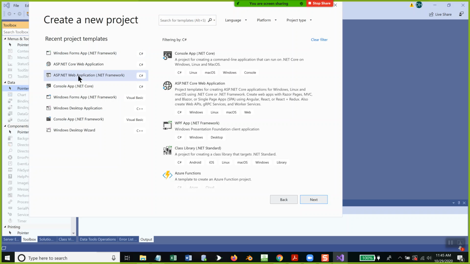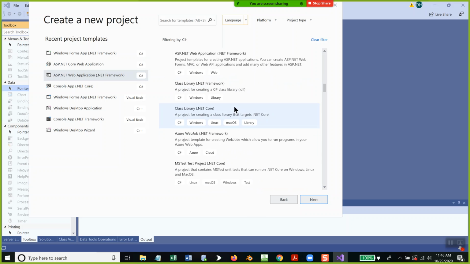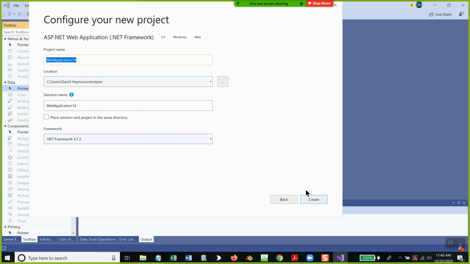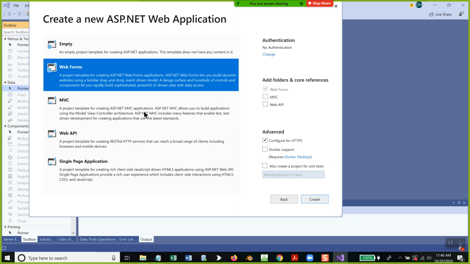And you'll see if you change your language to C# and you start looking through, there's an ASP.NET web application, .NET framework. And so I'll click that one. And it'd be in this list if you browse through it. Click Next. Web application 4, click Create. Now at this point, I'm going to go ahead and choose a web form, so everything's already kind of set up for me. I click Create. I suppose single page application might work too. But